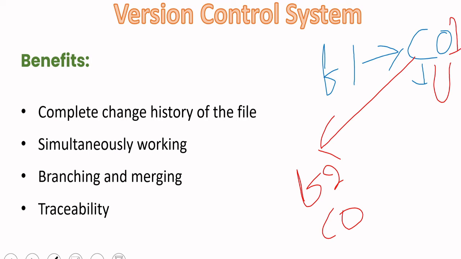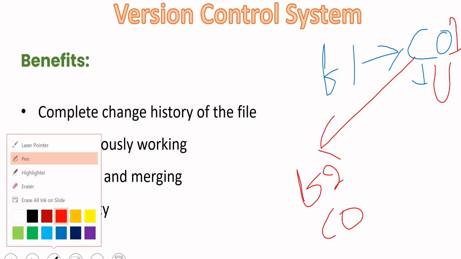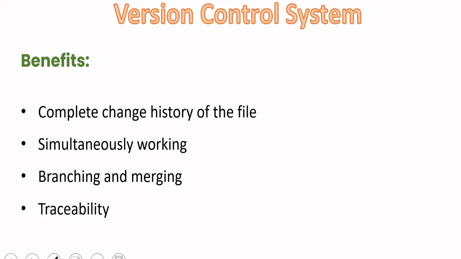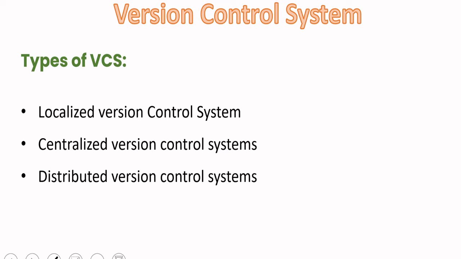So like that, initially we have to make the backup by copying the files into different folders. But it's always a problem. Anytime you can forget the folder where you have saved the previous code. And if you are having multiple versions, there is a possibility that instead of using one version of the code, you may be using the other version's code also. So to avoid all those things, we have the version control system.